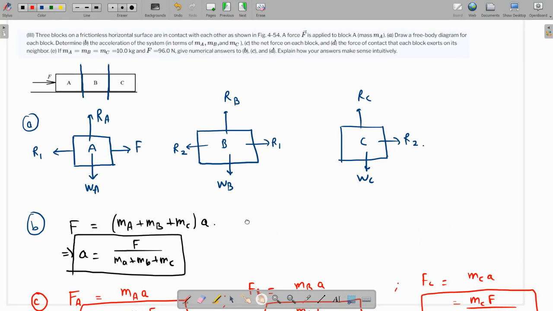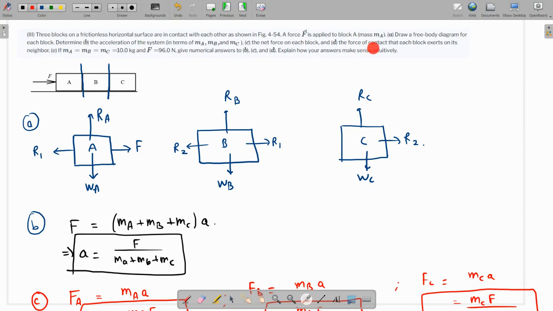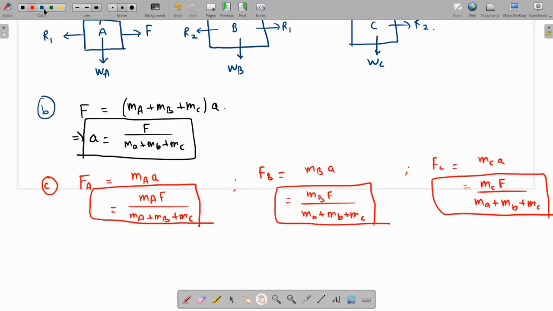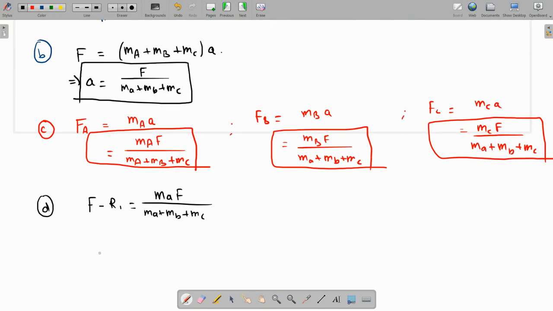Let's talk about the next part. It has various parts: the force of contact that each block exerts on its neighbor. So we need to find the value of R1 and R2. That would be pretty easy now because we already got the net force. Let's talk about block A. For block A, the net force is F minus R1, and that's equal to FA, which we found to be MA F over MA plus MB plus MC. If we rearrange this, the value of R1 is F minus MA F over MA plus MB plus